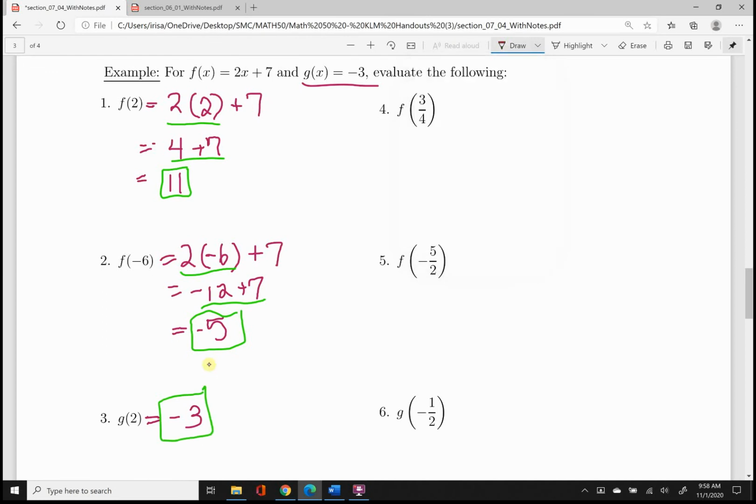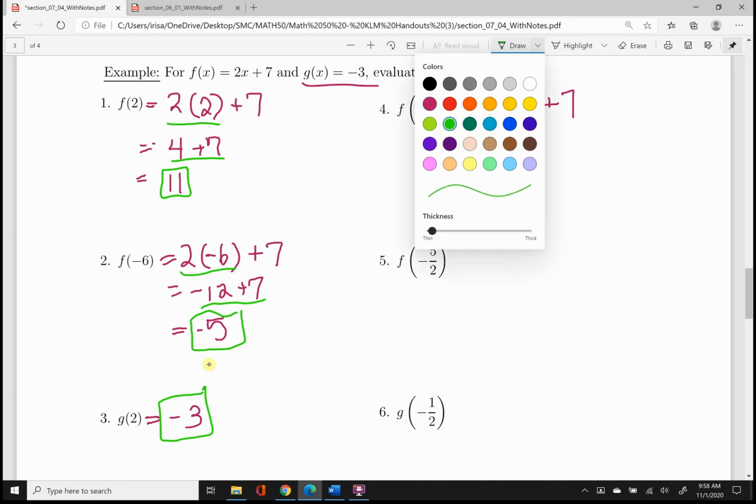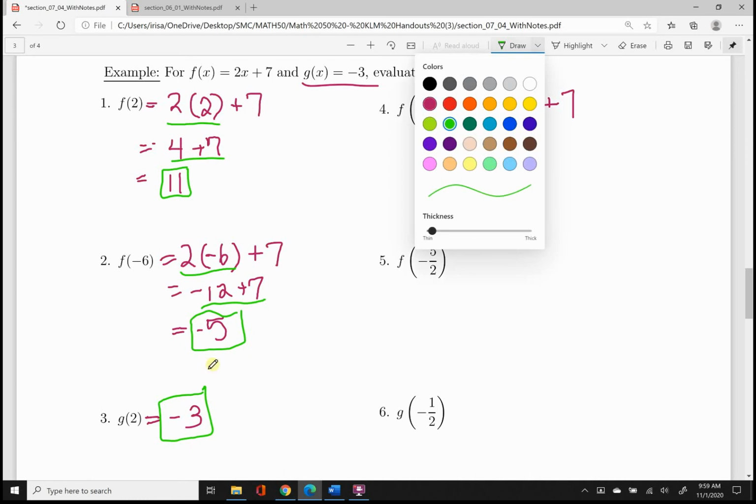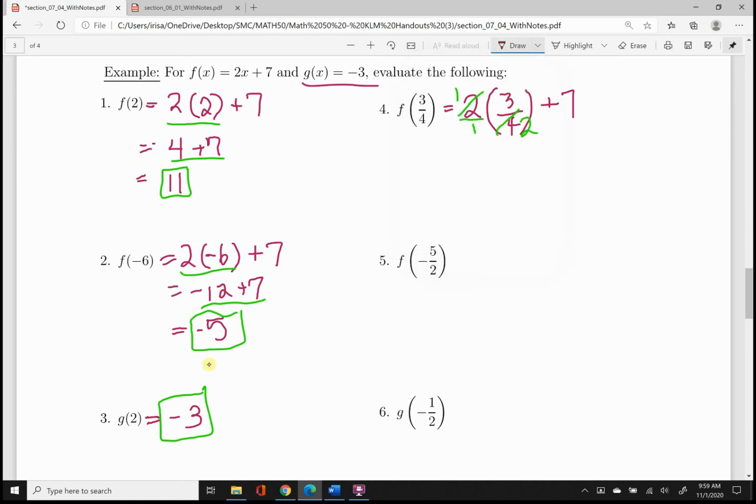Okay? Cool. Let's do some more practice now with f, going to number 4 here. Remember, f hasn't changed its structure. It's still 2 times whatever the input is plus a 7. But what's the input this time? It's 3/4. So now do what you need to do in order to make this multiplication happen with this fraction input. Maybe put that 2 over a 1 if it's helpful. Cancel out common factors. 2 goes into itself once, goes into the 4 twice. And then we'll be left with what? That'll be 3 halves